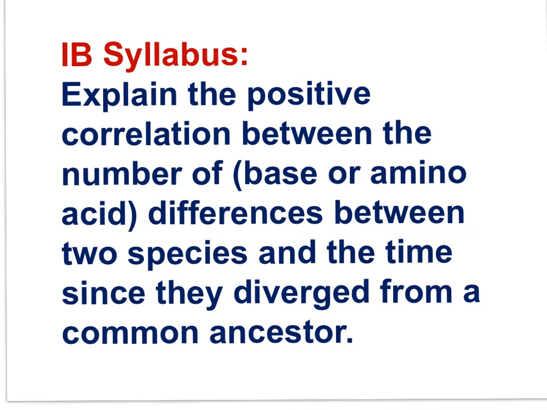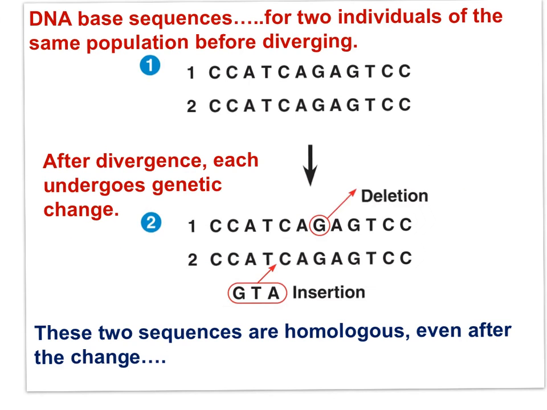Hopefully this IB statement should be easy. Explain the positive correlation between the number of differences, base or amino acid differences, between two species and the time since they diverged from a common ancestor. For example, we have base sequences for two individuals of the same population. That's before diverging. Then they diverge, and we get genetic change in each separately, and the genetic changes are not